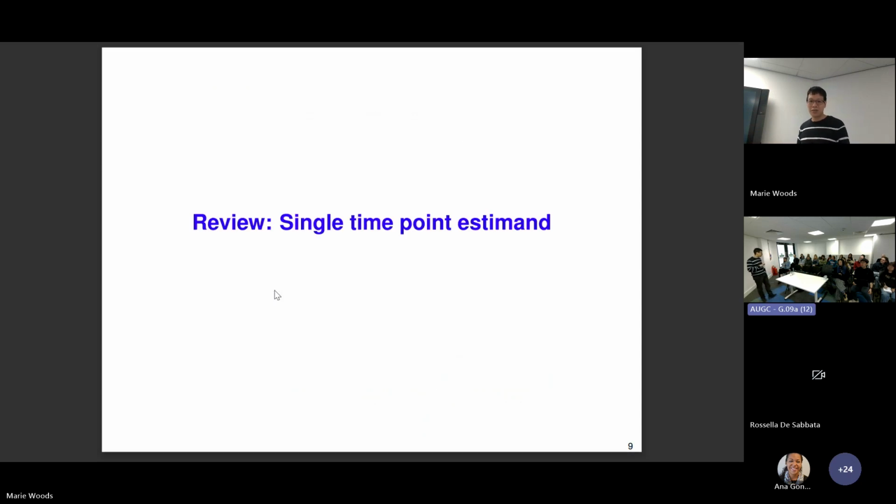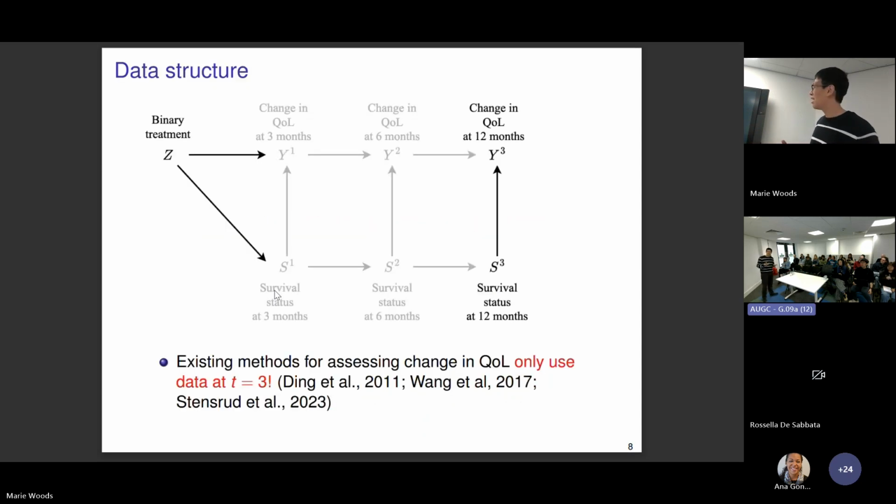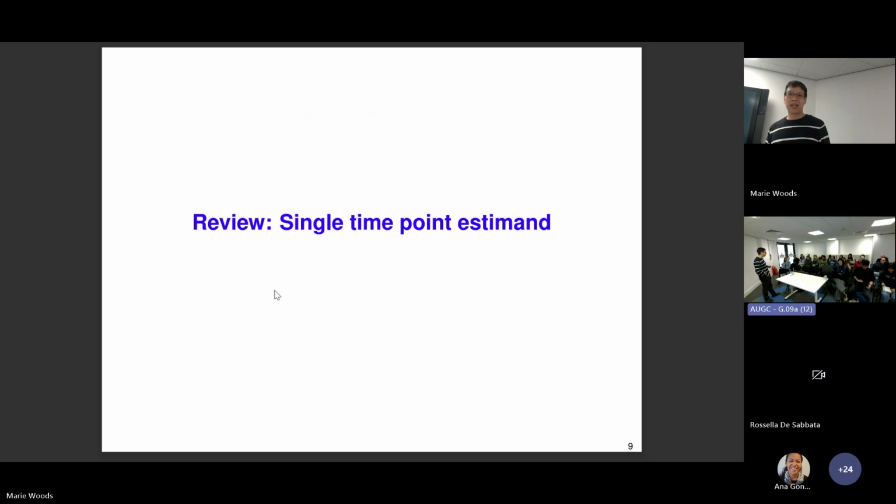There must be a reason why people only do that, and what we try to do today is to come up with a new framework that can leverage the full longitudinal trajectory. There's no reason that you have this longitudinal data set but throw away all the information in between and only use the last one. By the way, if you have any questions, feel free to interrupt. This is mostly a conceptual talk.